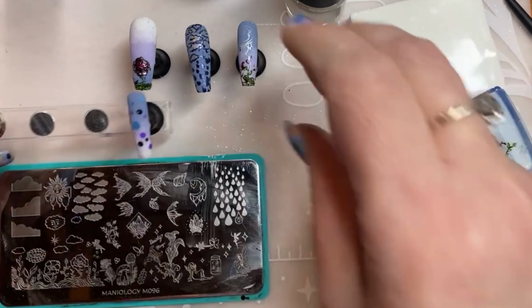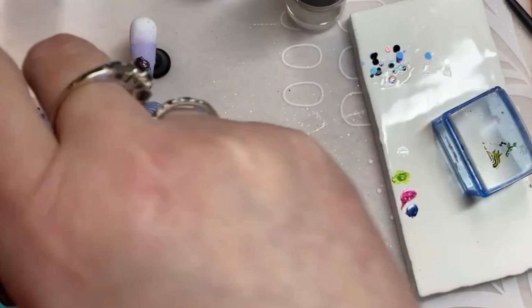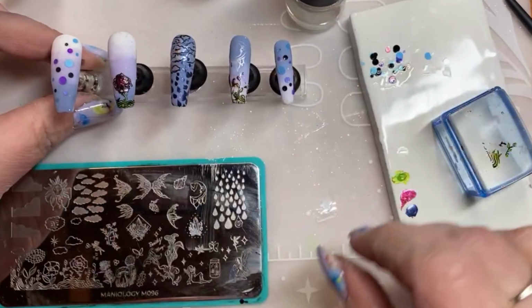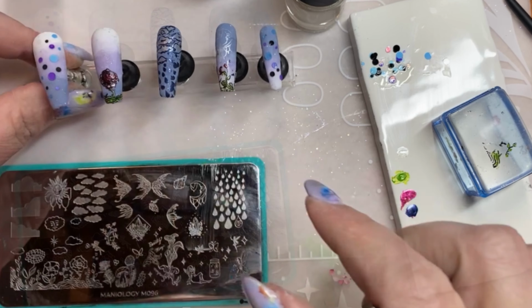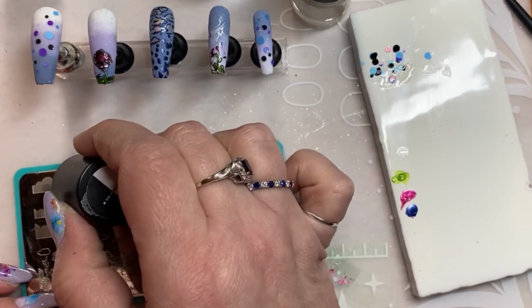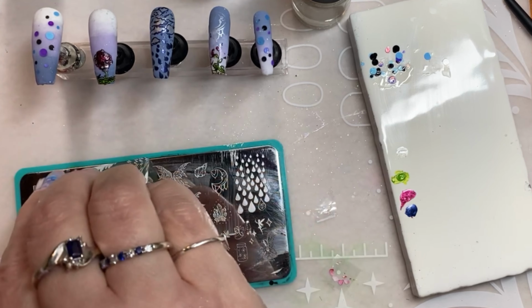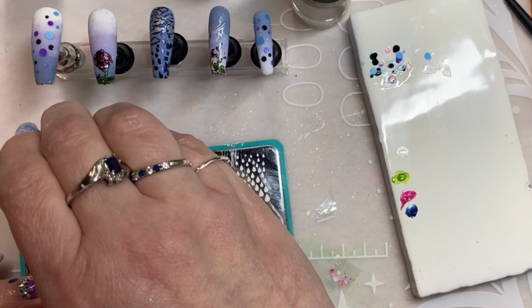And I'm going to offset it just a little tiny bit when I stamp over it so that it ends up with almost like a shadow. So you're going to see that in just a second. I'm messing around with other things, but I'm going to go back to that. So this is the sun. We're going to put the sun on top of the other rose nail